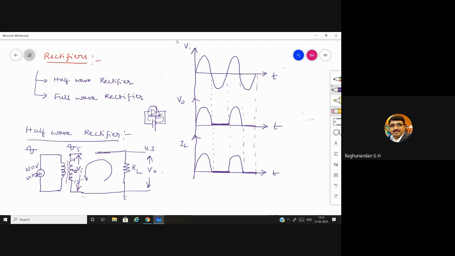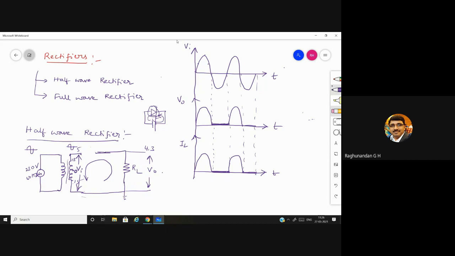Now, I was telling this is an AC signal, and by just looking at the diagram, by just seeing the shape of this waveform, it is changing with respect to time. Here it was some value, there it is some value, here it's some value, again the voltages keep on changing with respect to time. Just look at the output.